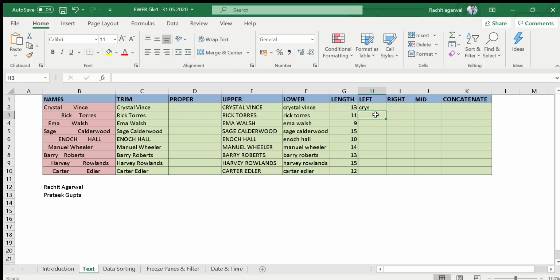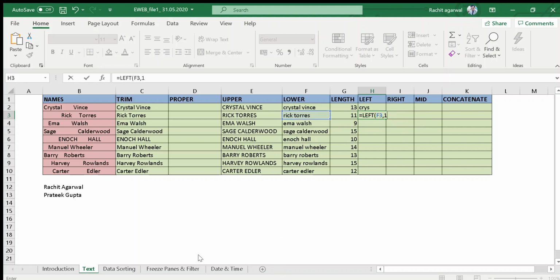Now for the second name, Rick, I use the same formula. Sorry, here I had used the length formula. Now I use left, bracket start, select the text, comma, and the number of characters they are asking.